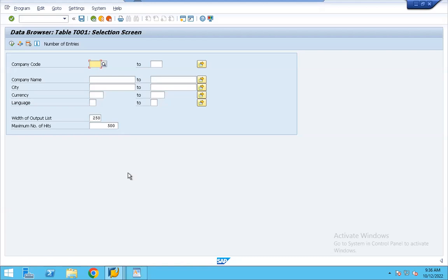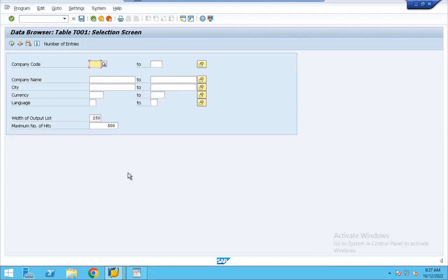Actually, this table holds all the relevant data of the company code, whether it is the code, company name, currency, language, city, everything. Okay, so the word description would be a fine fit as well, right? Sorry, can you please come again? With the description of the company code, everything related to the company, that's what's shown in the table. Yes, exactly. So as I said earlier, whatever we do in SAP,